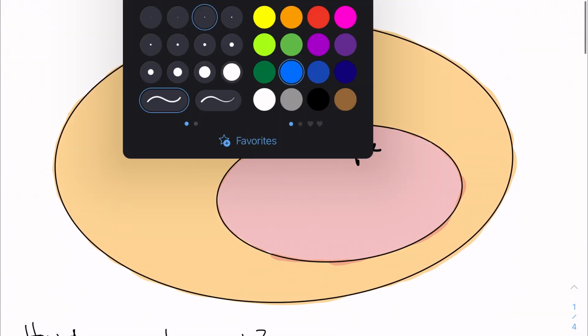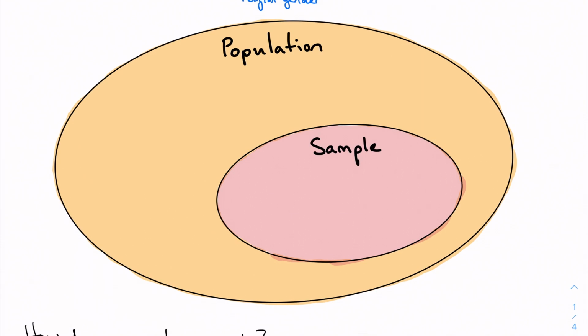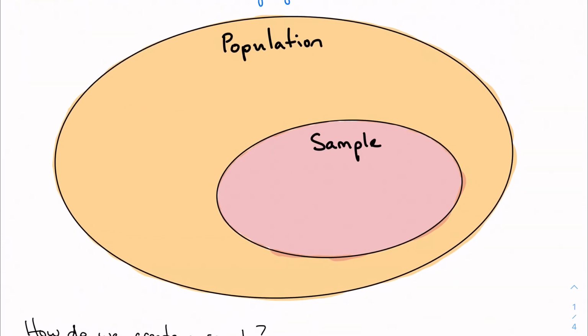Well, it doesn't make sense if I stick with, maybe, the population of Catholics. It doesn't make sense to survey every single Catholic on the planet. That's a lot of people. So that's my population, right? This is just a group I'm interested in studying further. So maybe I'm going to look at changes in mass attendance during the pandemic, for example.